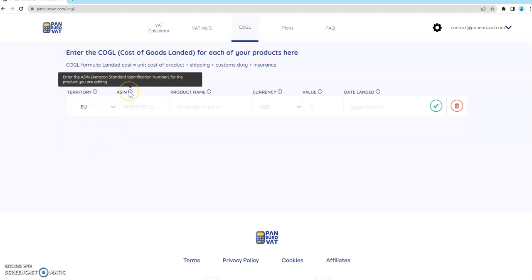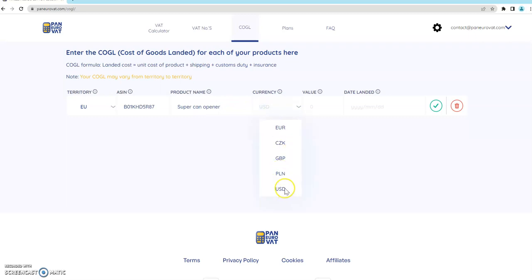Now in ASIN, or the Amazon Standard Identification Number, we're going to be entering just that, our ASIN that we are entering the cost of goods landed for. And then the product name is an unofficial name, so it's just an abbreviated name that you have on your list for you to be able to quickly make a reference to and check it off the list, to be sure that you have entered the cost of goods landed for that particular ASIN. So in my case, I'm going to be using my super can opener